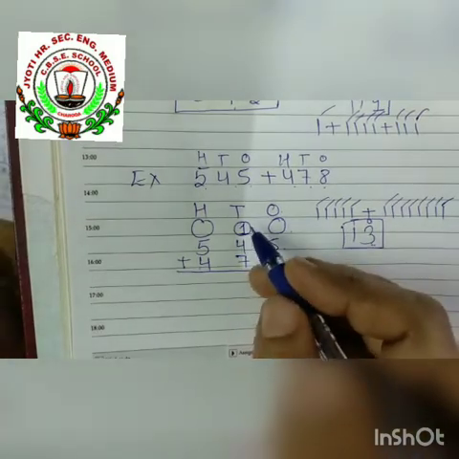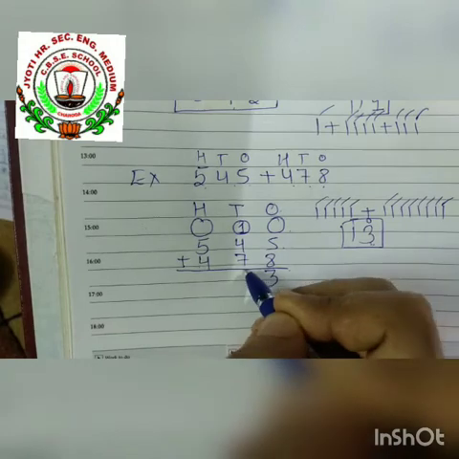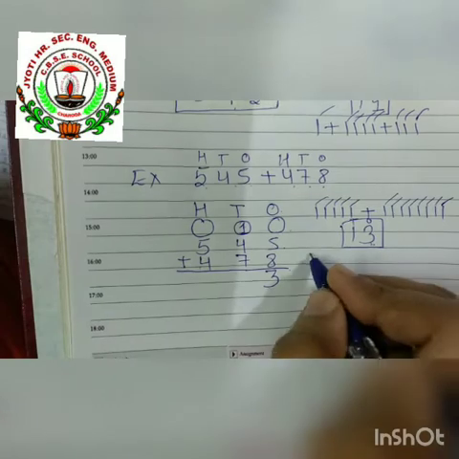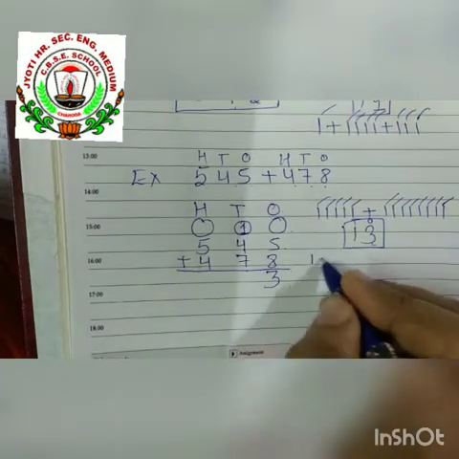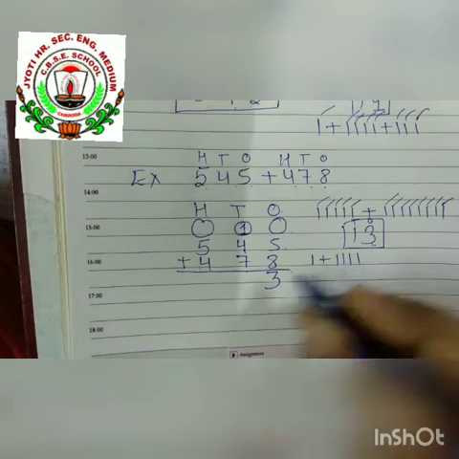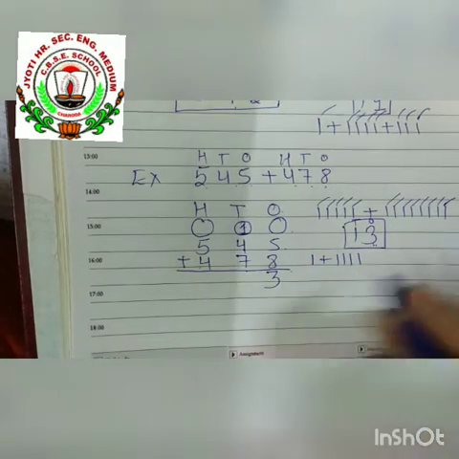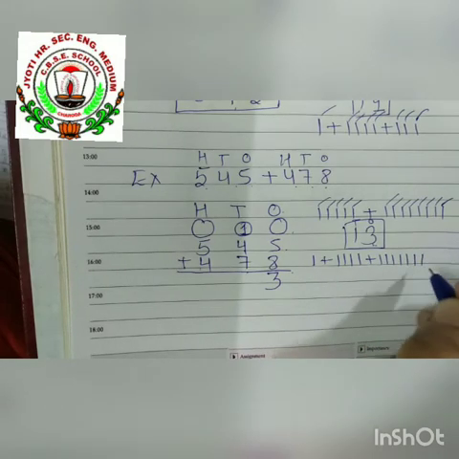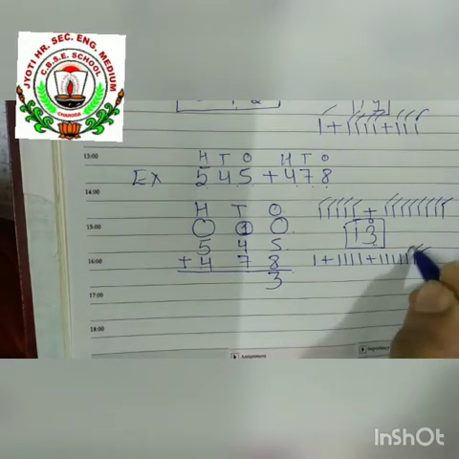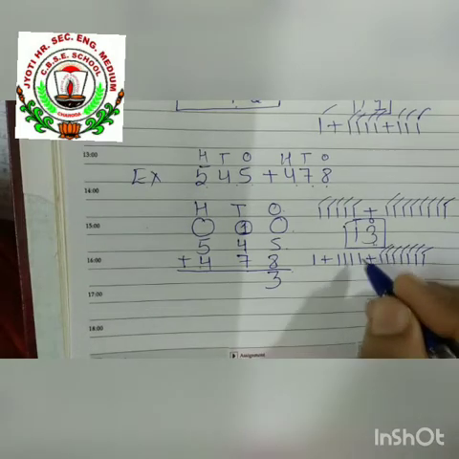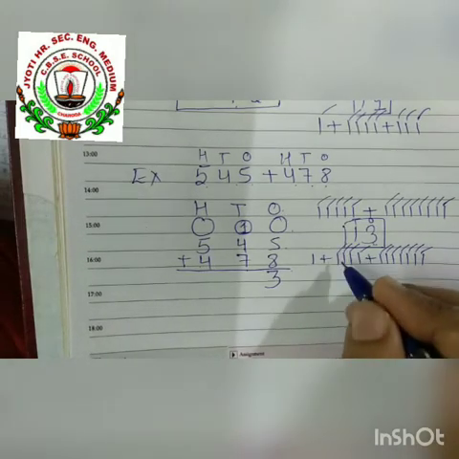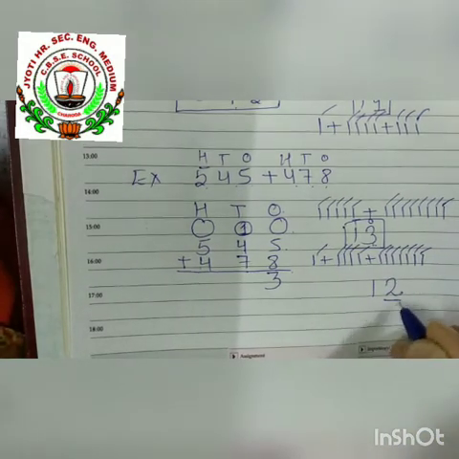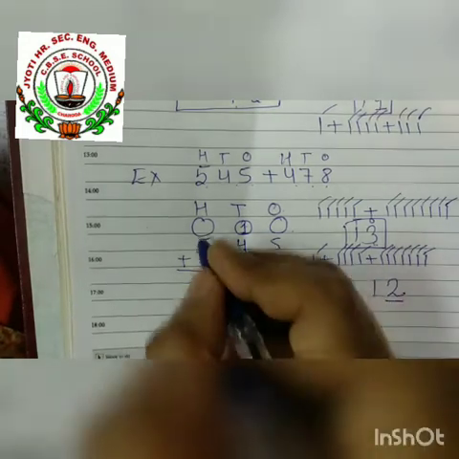Now in the tens place we have 1, 4 and 7. So first we will draw how many lines? We will draw 1 line. Then how many will we draw next? 4 lines. 1 2 3 4. Next how many lines will we draw? 7 lines. 1 2 3 4 5 6 7. Now we will count the total: 1 2 3 4 5 6 7 8 9 10 11 12. How much did we get? 12. So again we will write the digit in the ones place here, and this 1 will be carried to the